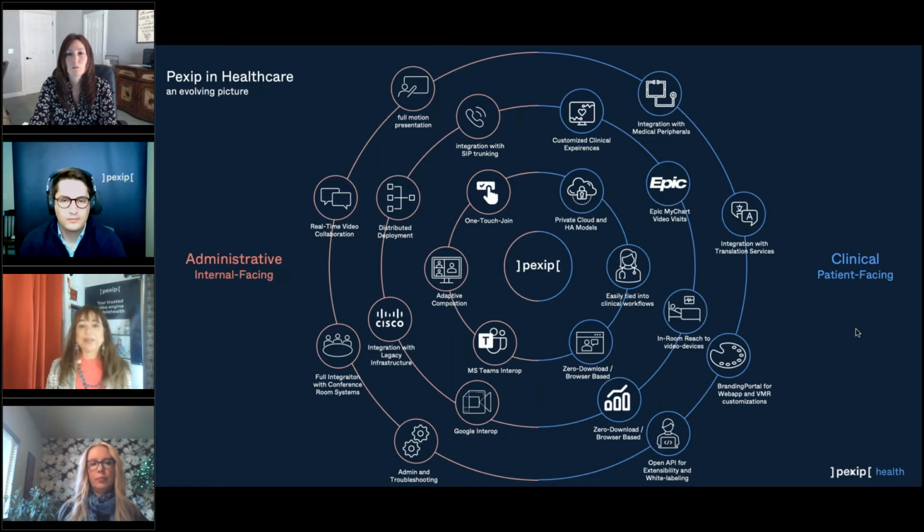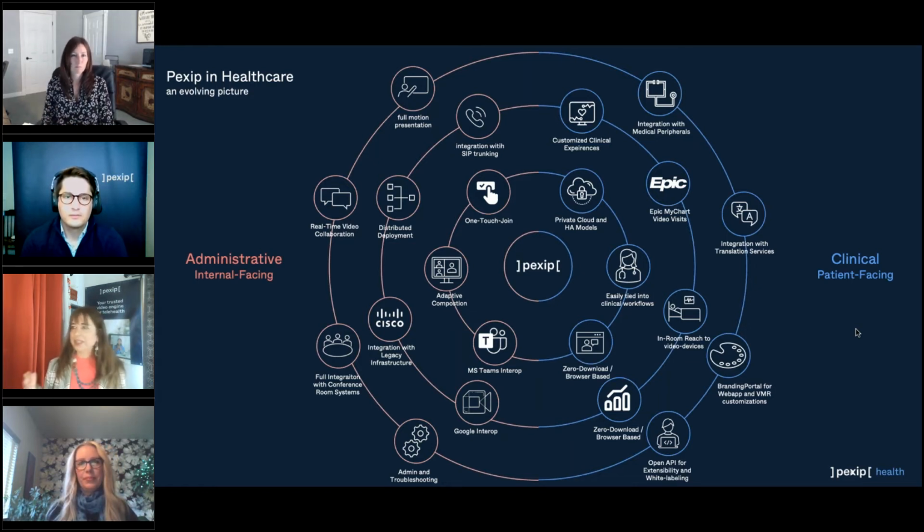And so the quality of our video is really to be reckoned with. And it's so flexible due to APIs and our integrations into things that you see here that we're known for having specialists be able to have a clear and precise image in acute settings and workflows. So for stroke patients and things like that, when we're beaming people in to help, they can make sure that they can see clearly and have what we call adaptive composition, which we can talk about if we have another conversation.